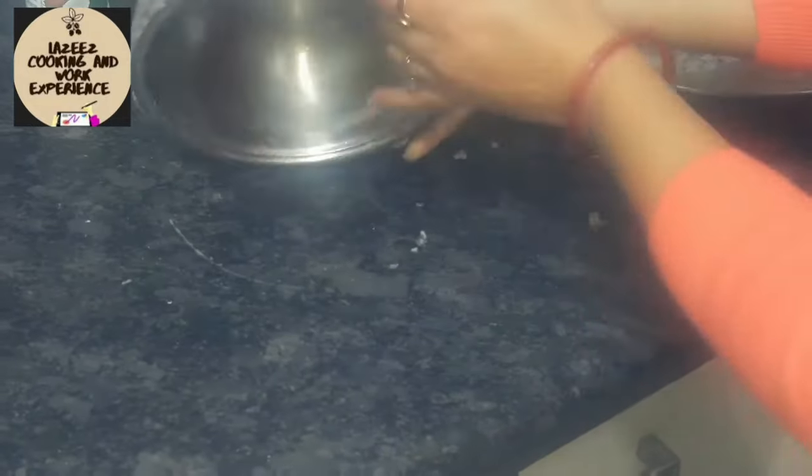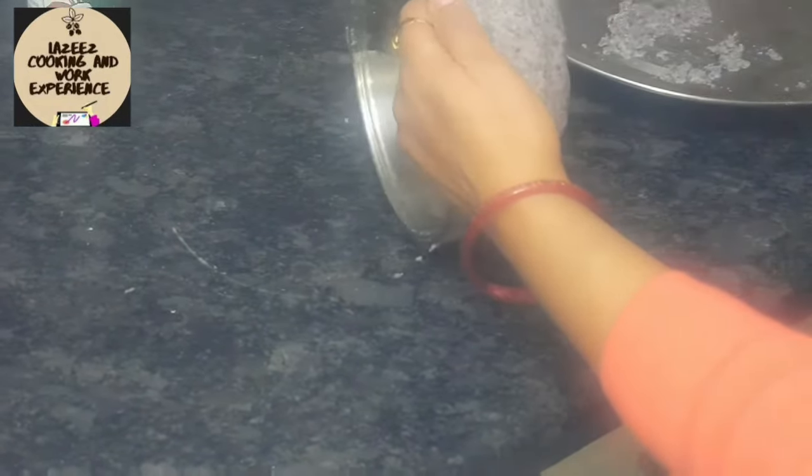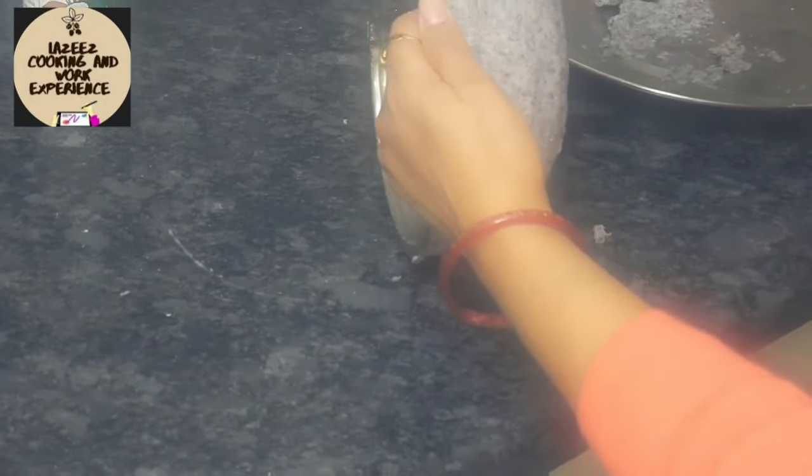So it is very necessary that we put a thick consistency of paper pulp around this bowl, and we have to make it smooth with